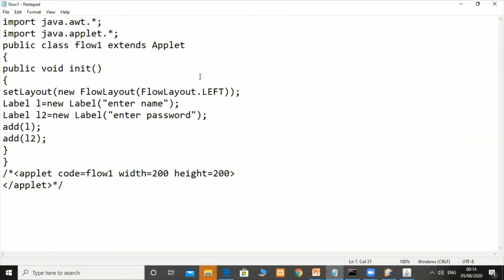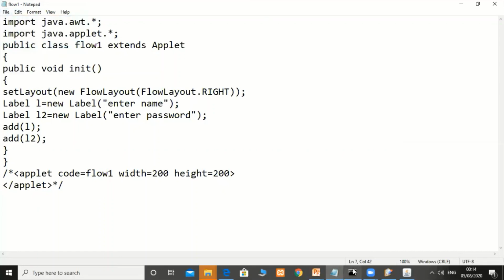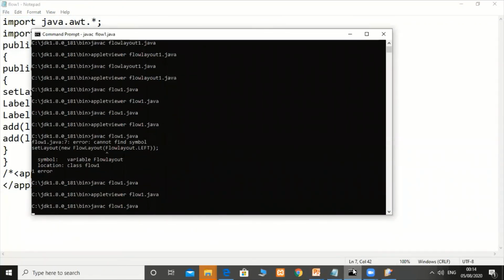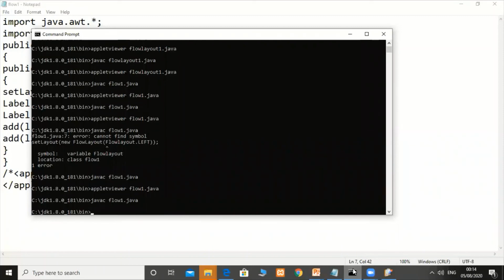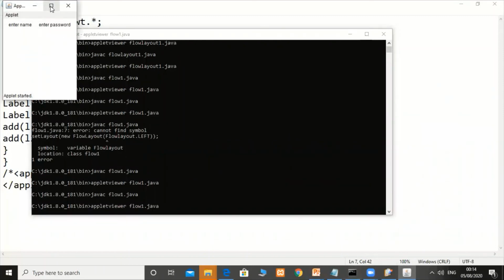Suppose you write RIGHT here, the components will be shifted to the right side. Again compile this code. See, these components are shifted to the right position. In this way, we'll get the output here.